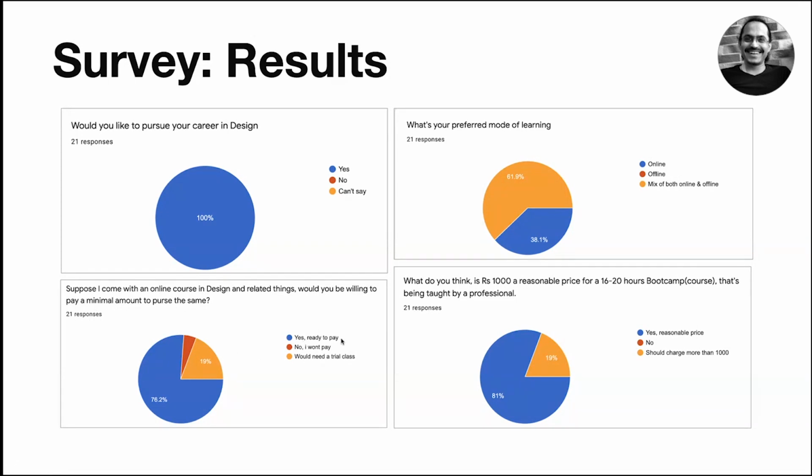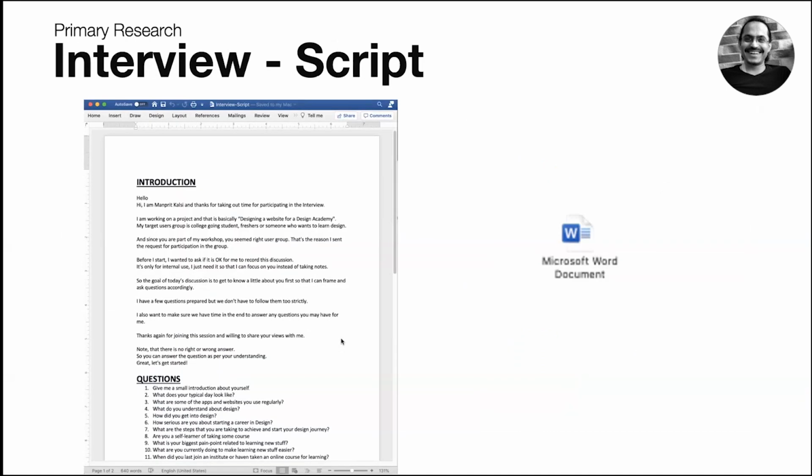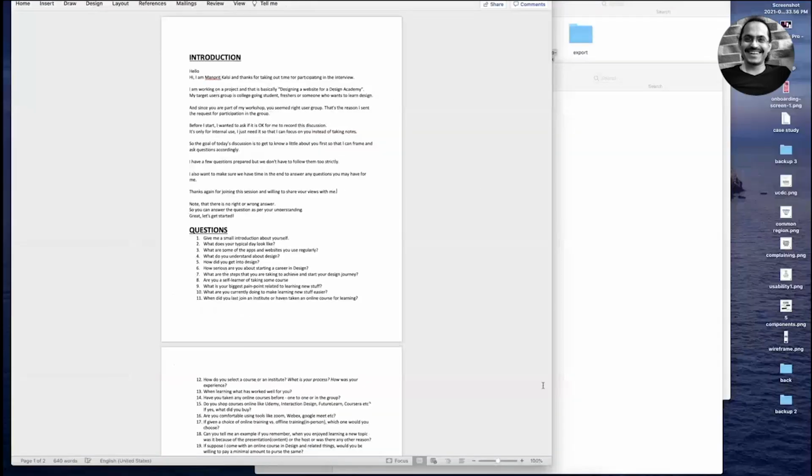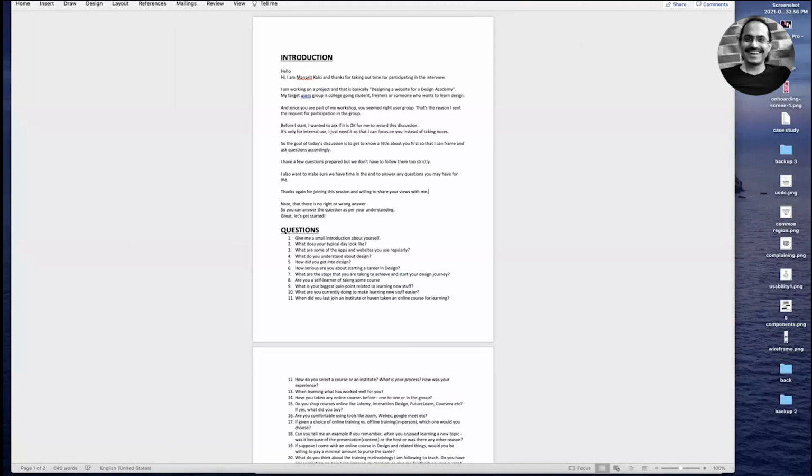So this really helps in understanding what's in the mind of people, and whether the students would be paying the money. After seeing the responses, you can then take the next step. If you think your assumptions are good, then you can move on and conduct the interviews. In this case, after my survey, I wrote a small script for the interview, and I'll show you what I had written in the script. I'll share this sample with you. You can use it as a reference point whenever you are working on any product.